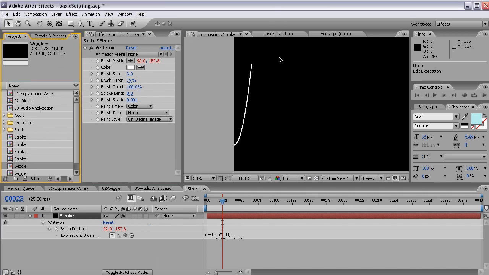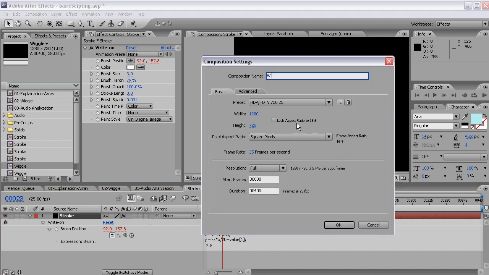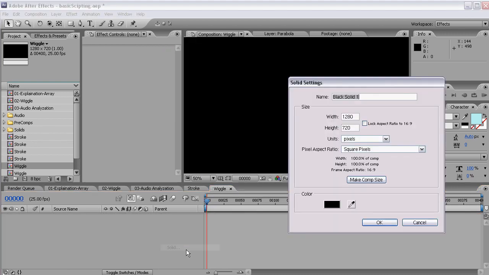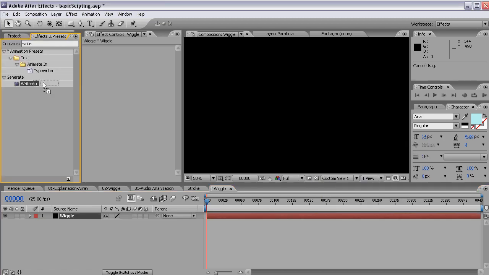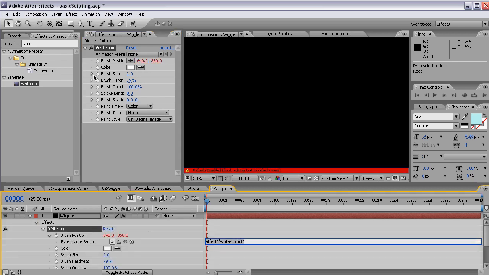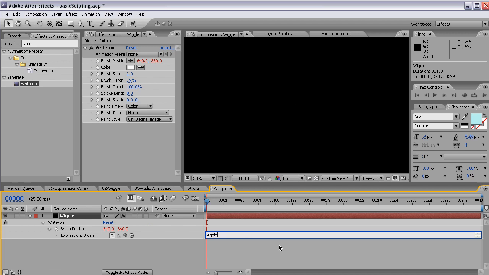Now let's pick a more practical example about how to split your brush position. And I will use the most common expression in After Effects, and of course I'm talking about the wiggle. Make a new comp, call it wiggle, make a new solid, also call it wiggle, and use the write on effect again. Animate the brush position by alt-clicking on the stopwatch, press U down here, and just type in wiggle,